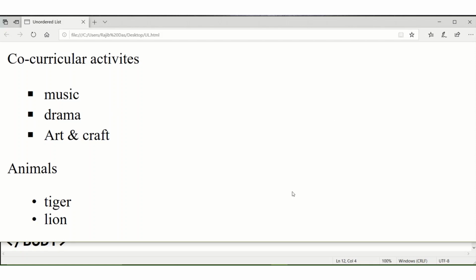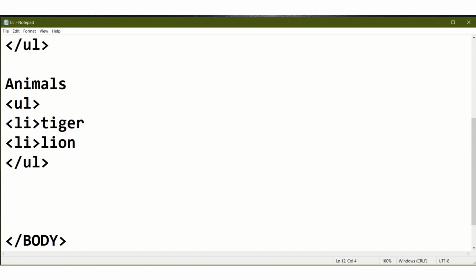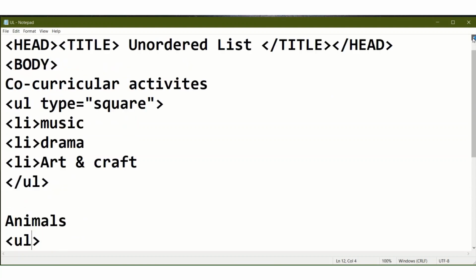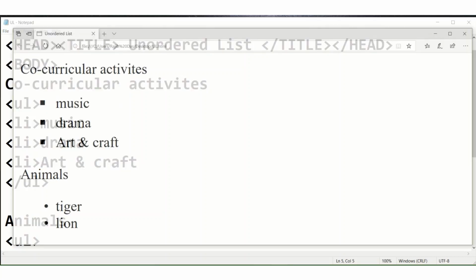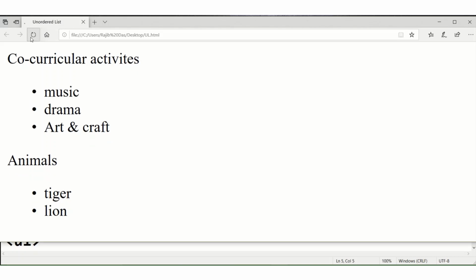Okay, so in this way you can create the bulleted list. Suppose you have not given the type, just type ul, no type. So by default, see, it's a solid circle.